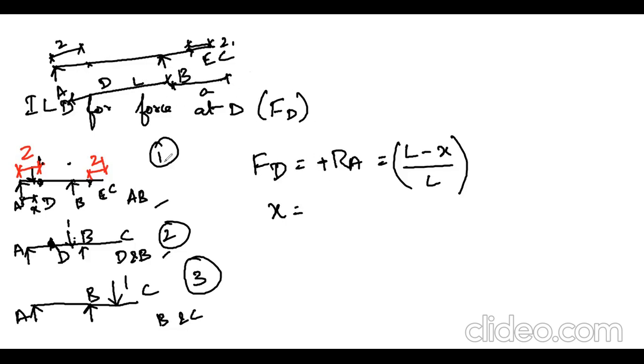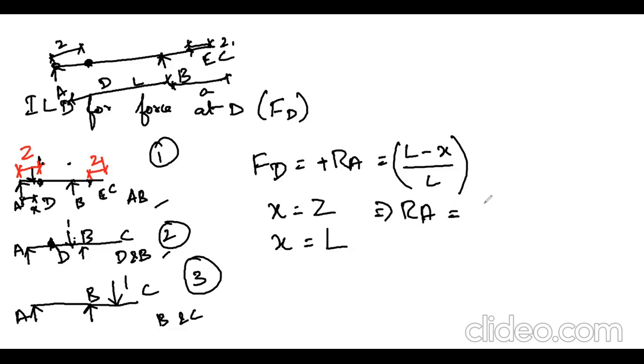So far, in the first loading condition, we have discussed the unit load moving from the point 0 to Z, that is from this point to this point. When it moves like that, what will be the variation we found. And in the second loading condition, we are going to find the variation when the unit load is moving from the point D to B. So the value of x will start from Z and the value of x will end at the point L.